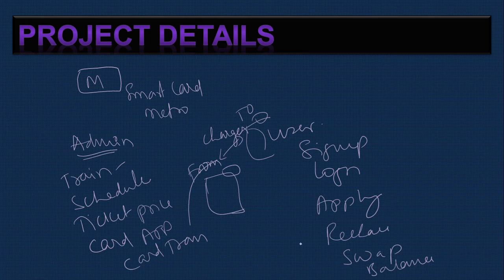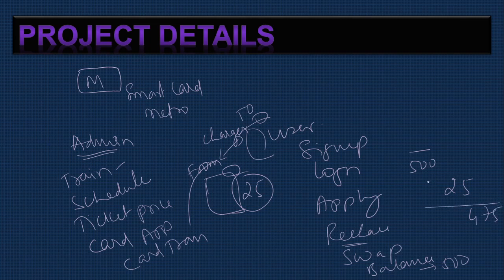Whenever you recharge, money should be added to your card. If it's 500, then when you check the balance, it should show 500. When you swipe the card, if the charge from one station to the other is 25 rupees, then 25 rupees should be deducted. Again, if you check the balance, it should be 475. You need to manage all this for every customer or every smart card. If that is done, the purpose of the project will be served, your project is working fine, and then I think it's ideal.